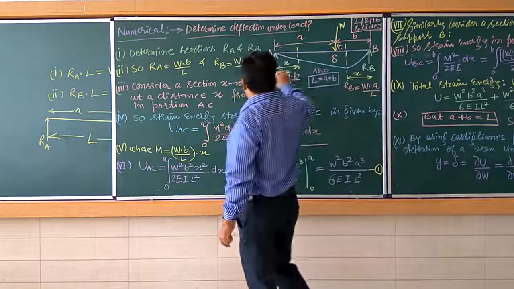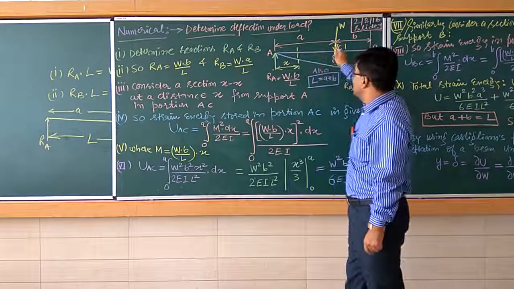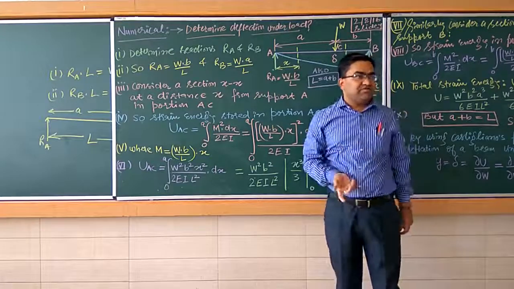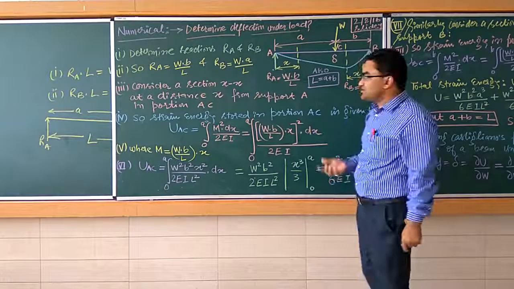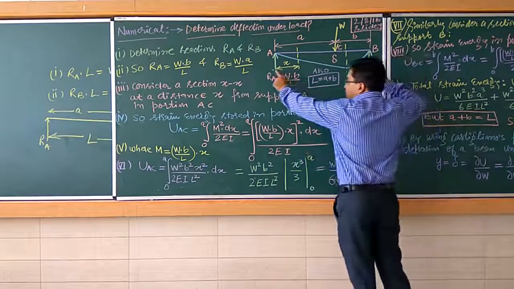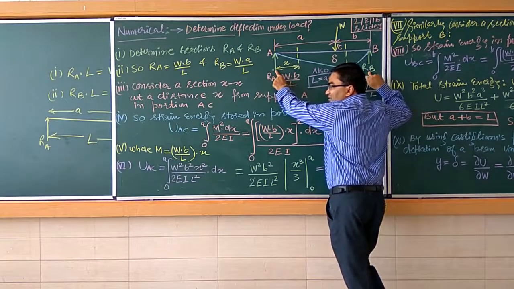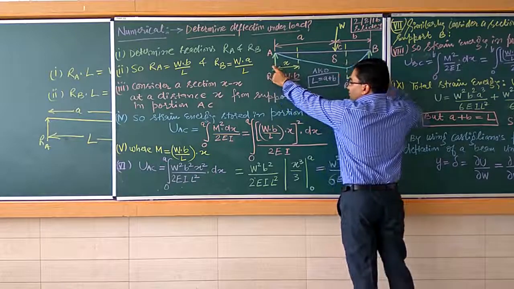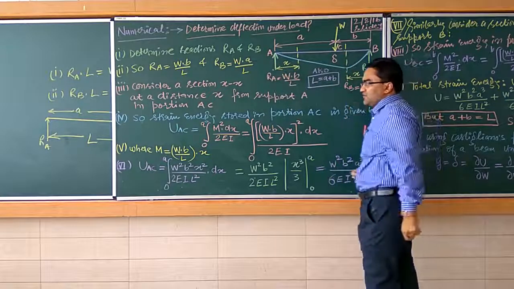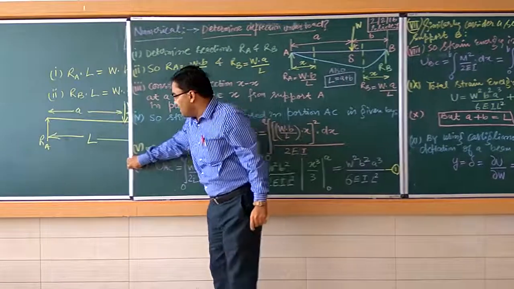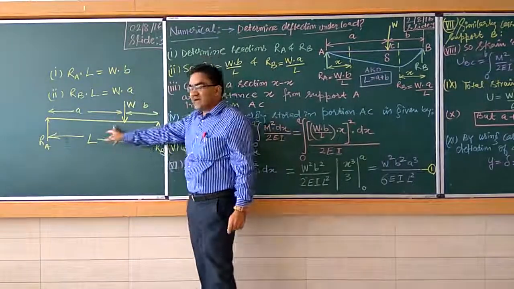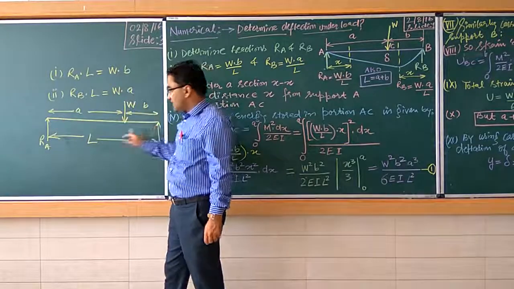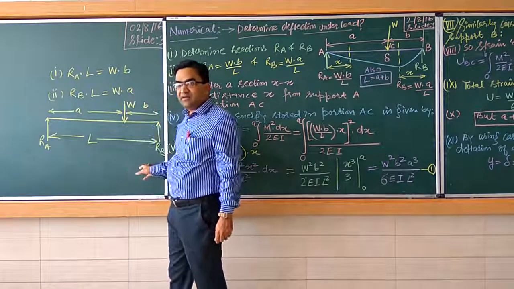First of all, we need to calculate the reactions due to this load W. Since the load W is applied on this beam, we will be calculating the reactions. Reactions means how much reaction these two supports are giving to this load. RA will be offered by this support and RB by this one. I have made a figure also to calculate the reactions. This is your beam AB, and reactions RA and RB are being offered.